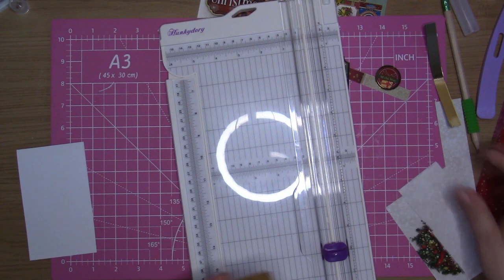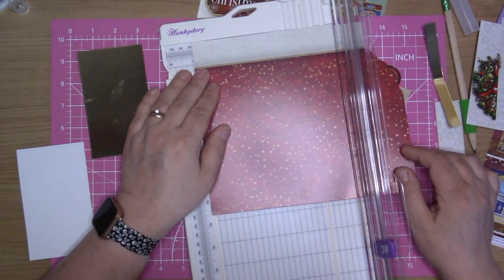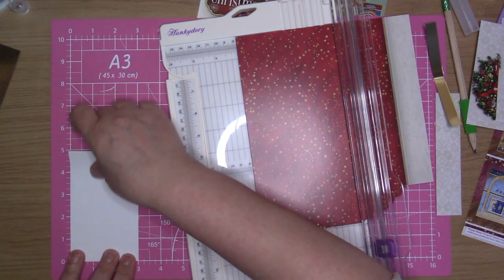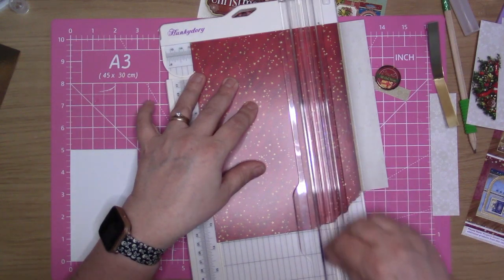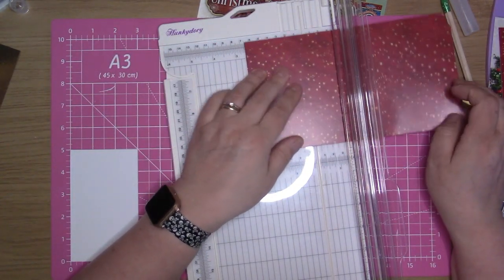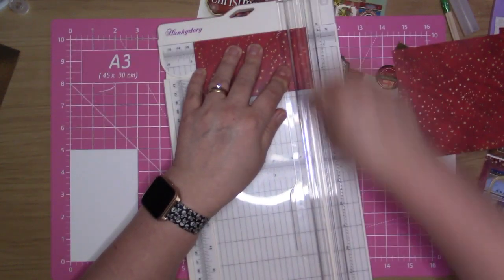Actually, I might come in with the red bit. Let's do it this way. So it's 5 high by 3 wide. We do it 5 there, which cuts off this bottom bit. That's the side, and then it's so if we go 4 notches under the 3, then it has to be 4 notches under the 5. Okay,